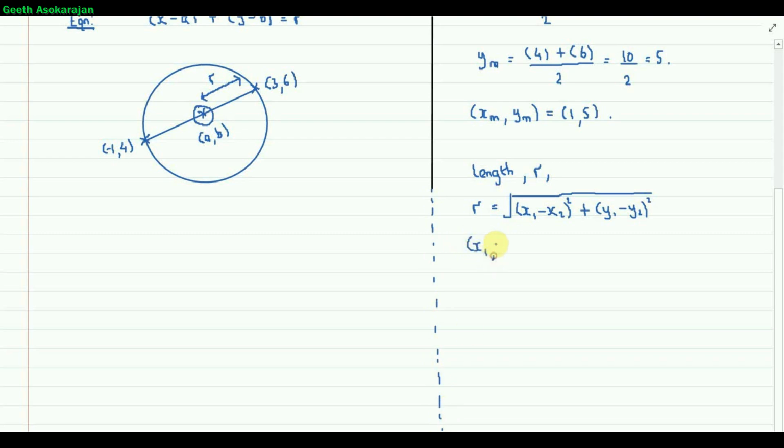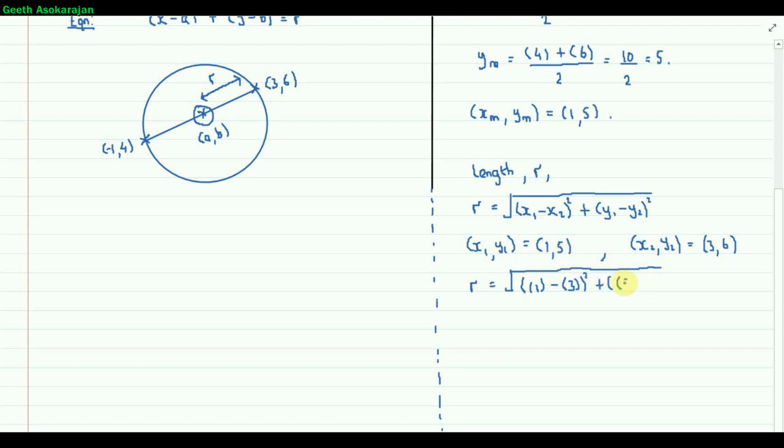My x1 and y1, I'm going to call that 1 and 5, i.e. the coordinates of the center point of our circle, and my x2, y2, let's call that 3, 6. With that being said, let's substitute into the formula. So we have the square root of x1 corresponds to 1, so 1 minus, x2 corresponds to 3, so 1 minus 3, close bracket squared,